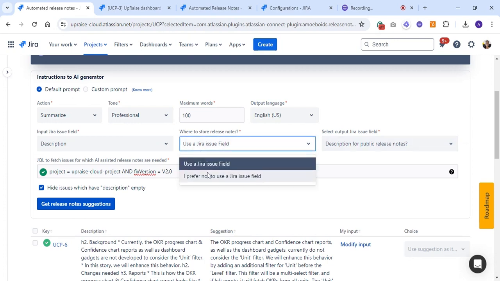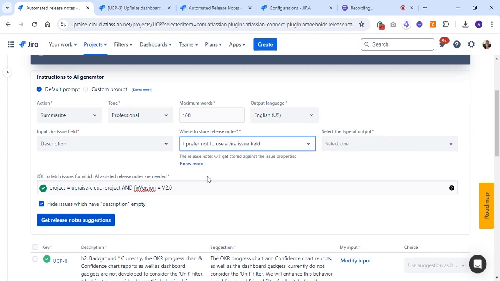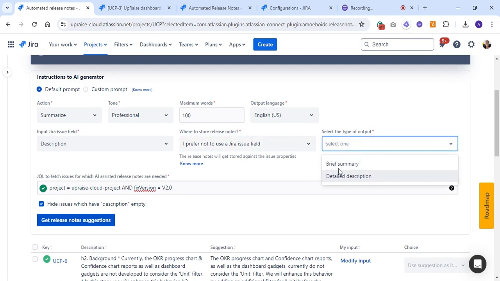In any case, if you don't want to use the Jira issue field, because in many cases in large organization there is an approval flow for creating new custom field, or in some organization there are hundreds of fields that you need to configure your new custom field within the Jira, which might hamper other existing workflows. So in such a case, we have heard that customers don't want to create a new output field. In that case, you can prefer not to use a Jira issue field, and you can just simply use the